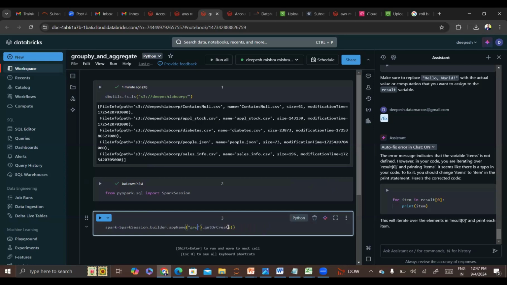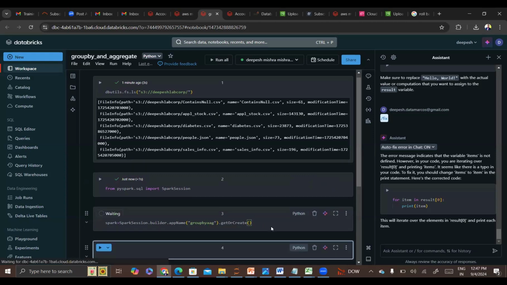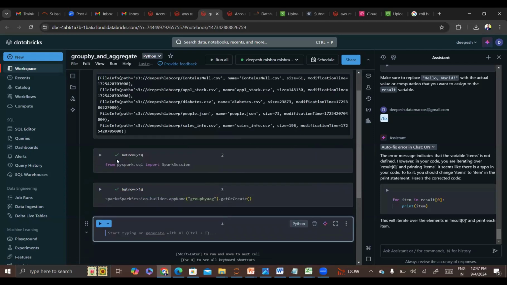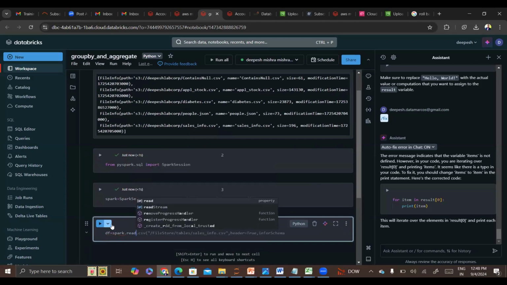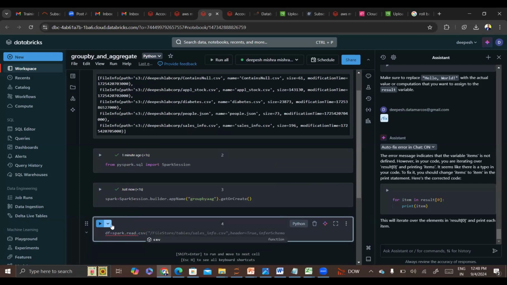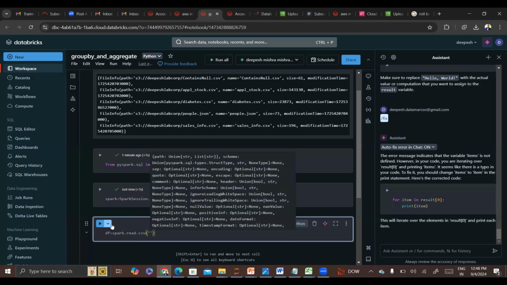Group by and aggregation kind of thing, right? So this is what we have. Then I have just created this. Now I will create my data frame as spark.read.csv, and we are going to read sales info. So for that,